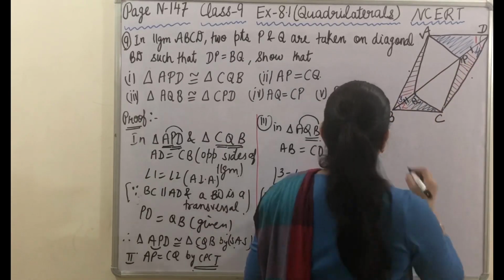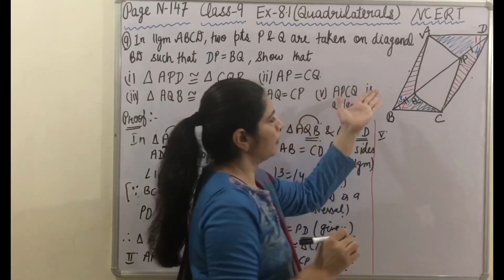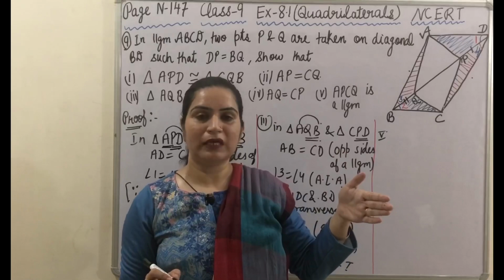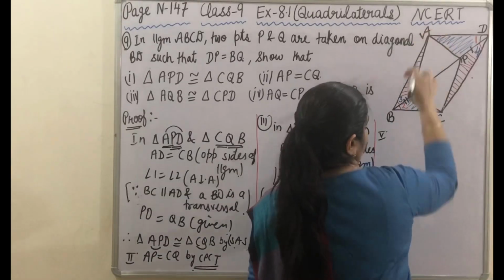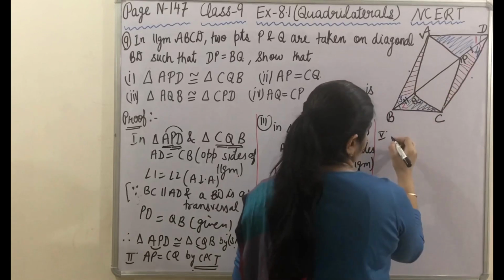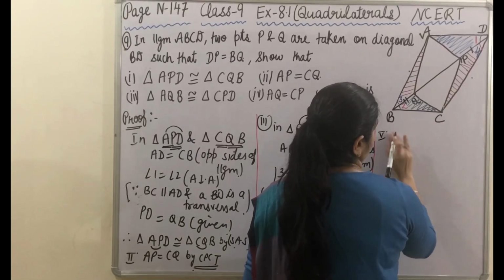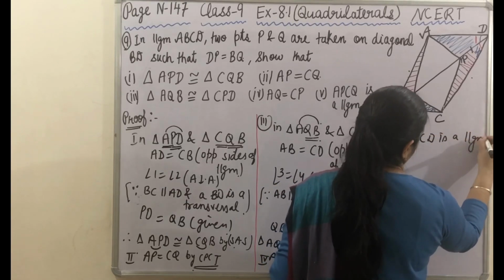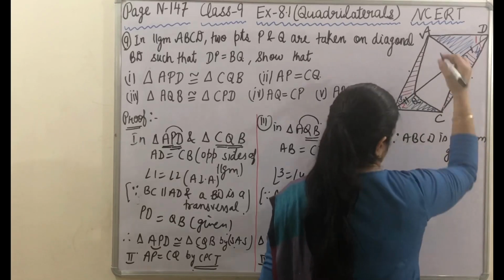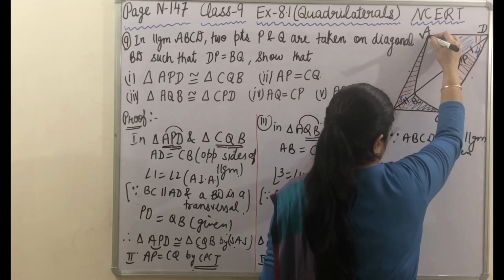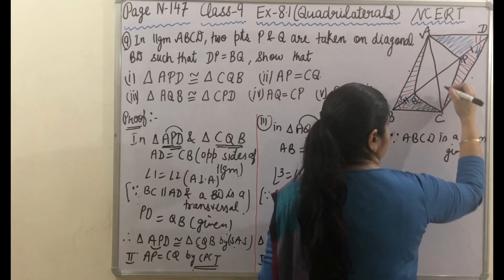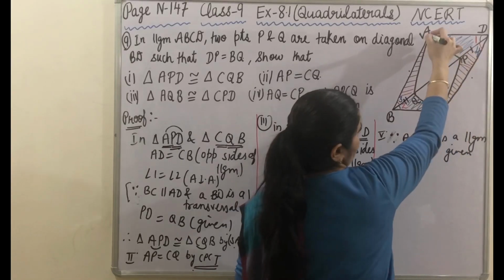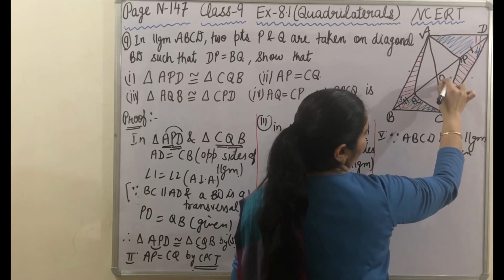APCQ is a parallelogram. This fifth part we will prove. And how can we prove it is a parallelogram? We know the result of a parallelogram, diagonals of a parallelogram bisect each other, and it is given ABCD is a parallelogram. Reason I will write here: because ABCD is a parallelogram, it is given. So if I join this diagonal AC, it will be O. We have to mention here the construction: we will join A to C and we will get point O over here.